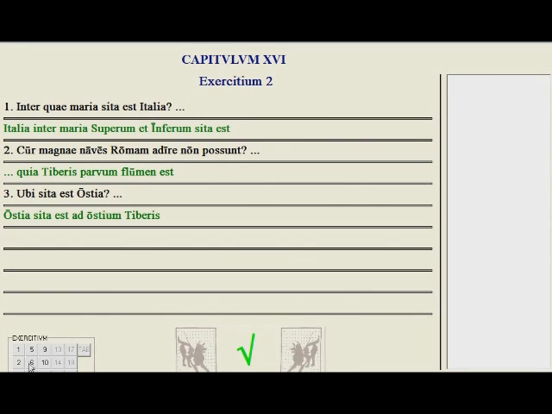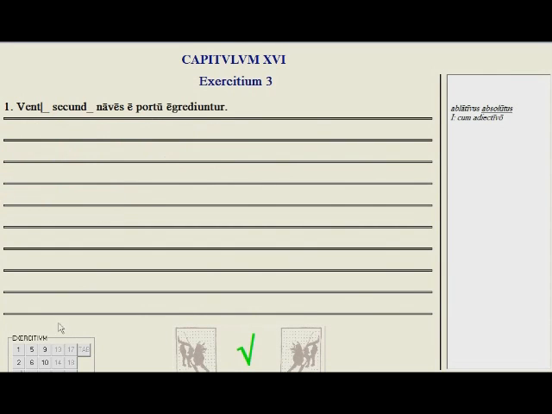Okay, let's try exercise 3. This is the ablative absolute. This could be tricky. Ablative absolute is a combination of an ablative noun. It can be two ablative nouns, an ablative noun and ablative adjective, or an ablative and the fourth principal part of a verb. Both ablatives are translated often as with, and they tell you the time that something is happening.